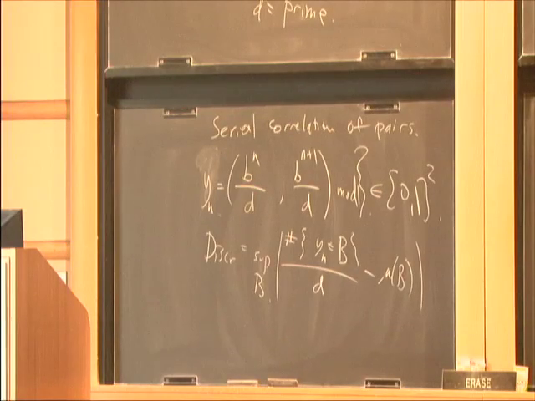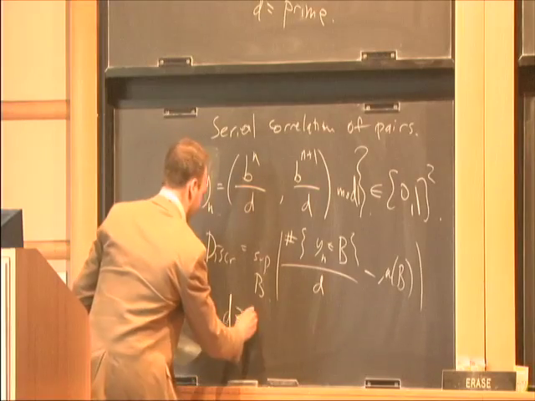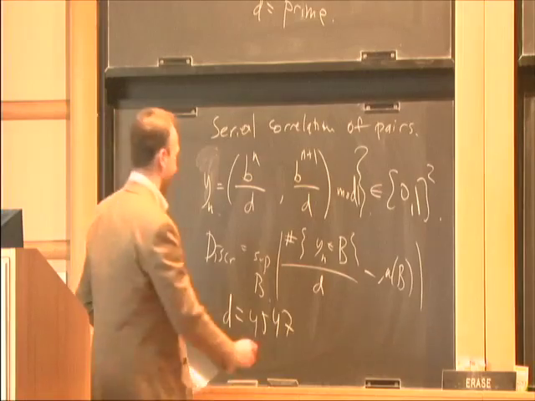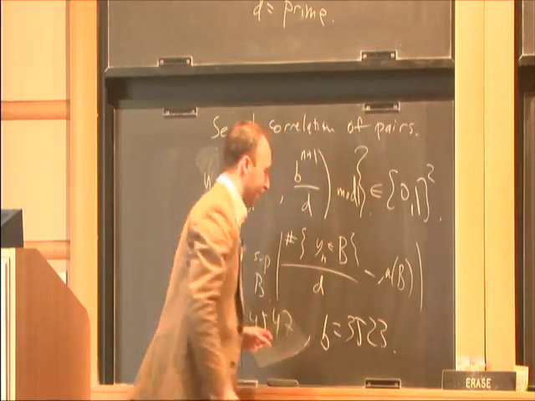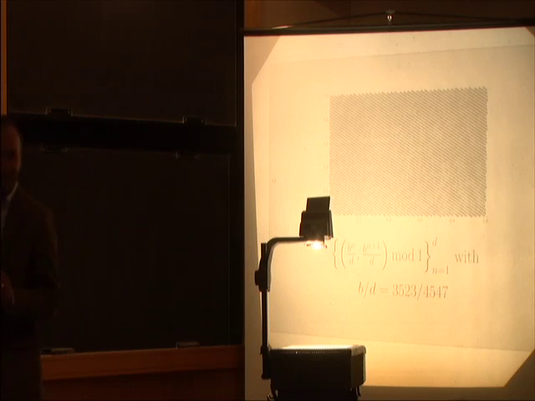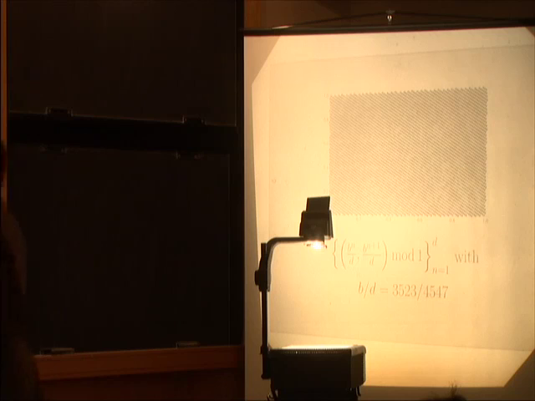So here's one. I've taken d equals 4547, which you can verify as a prime number. And I've taken b equals 3523, which you can verify as a primitive root mod d. And when you plot these pairs, you get that. So as you might imagine, that is extremely well equidistributed. It looks like a grid. It has very low discrepancy. So this is the theorem of Zaremba's that got everything started